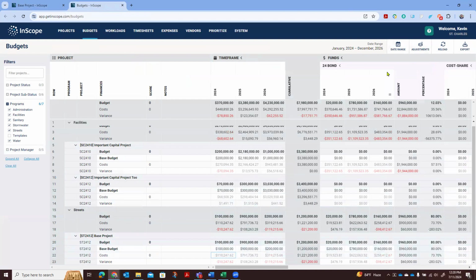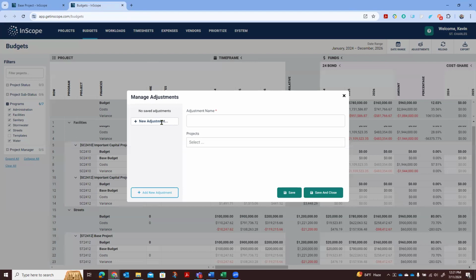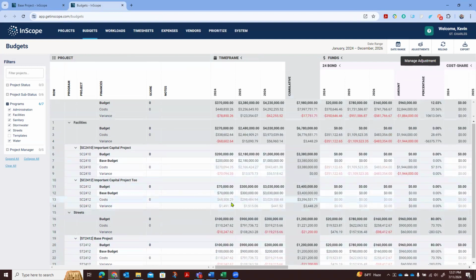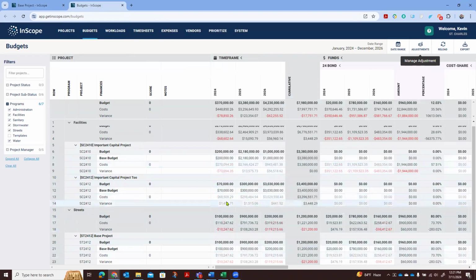If I was going to do a budget adjustment, at least in InScope, the way I would do it, I would click this and click a new adjustment. I'm going to move money from one project to another, perhaps, right? This is a very simple example, so I don't have any other projects here, but I could look through and possibly identify which projects have money available that I can move from. And I can also see what my next year looks like, again, in comparison to my CIP. Now, overall, I'm looking okay, but I actually am looking to have a little bit of overrun. So for some reason, my costs are trending higher than my budget. But I can see that, and the point is that I have that information.